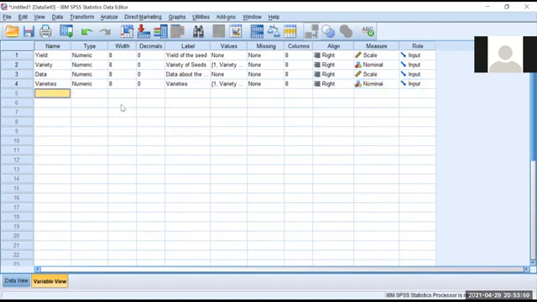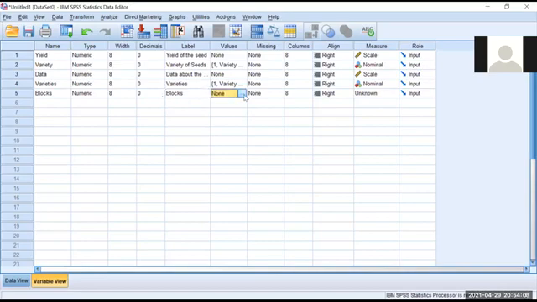And what is the second factor? It's blocks. Four blocks are there. So you type blocks and make the decimal 0.